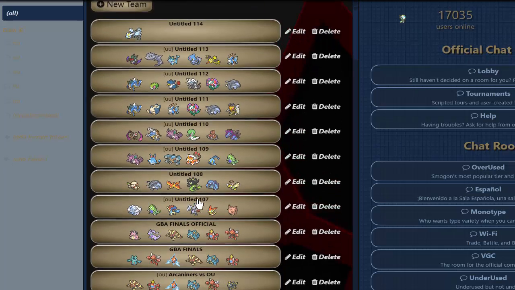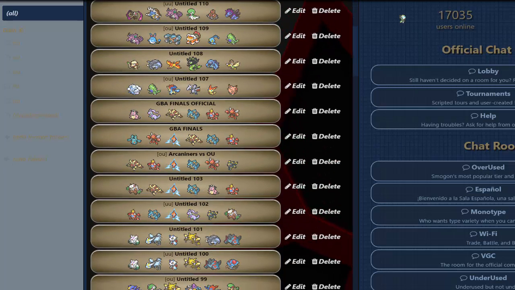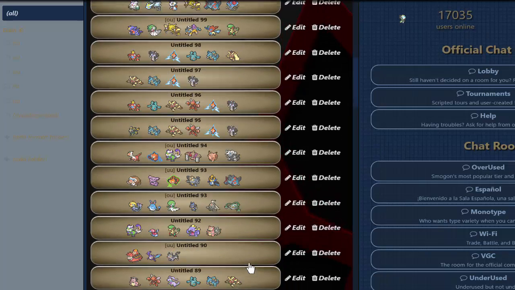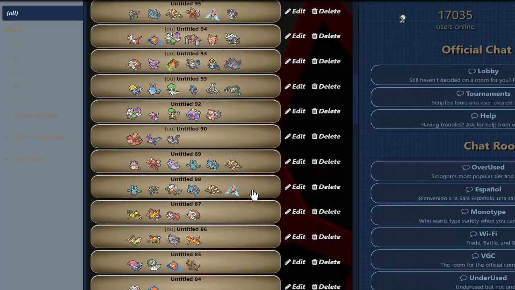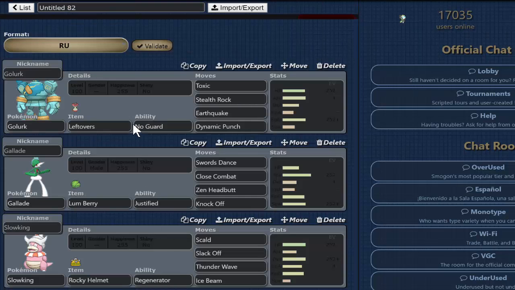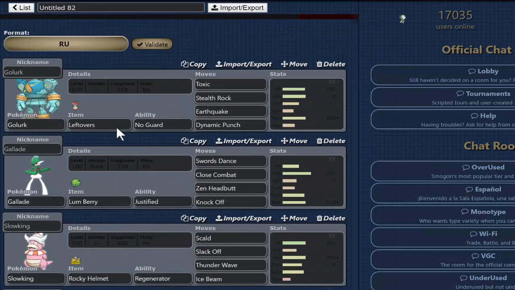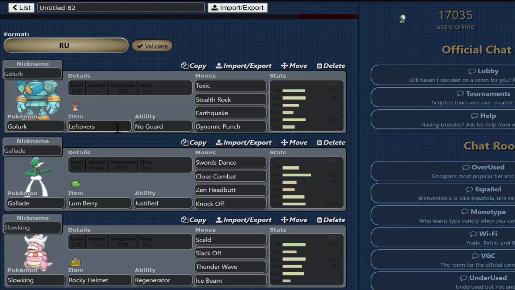In fact, my RU team is probably so far down here that I don't even know where it is. RU, I like RU. It's a fun tier, but I don't play it as often as I would like to. It's this team right here, Untitled 82. I've used this team before, so you guys have actually seen it before. It's the Lumberry Gallade team. It's just because I don't have another team right now in RU that I built or that I feel comfortable